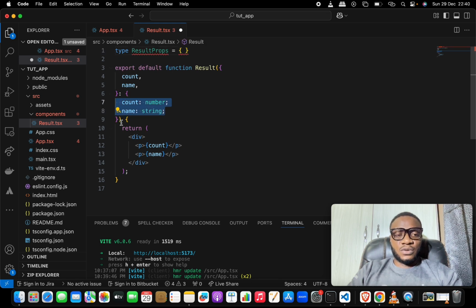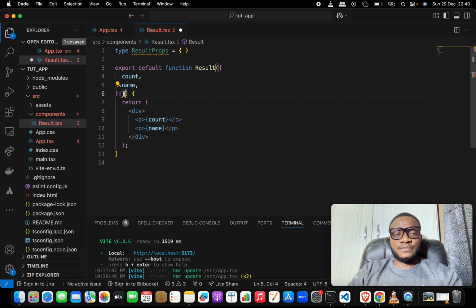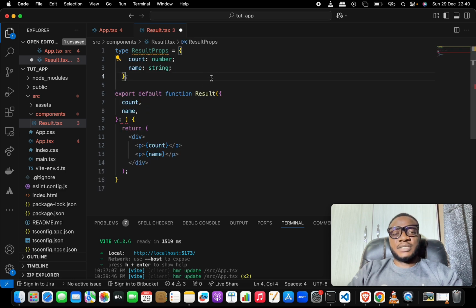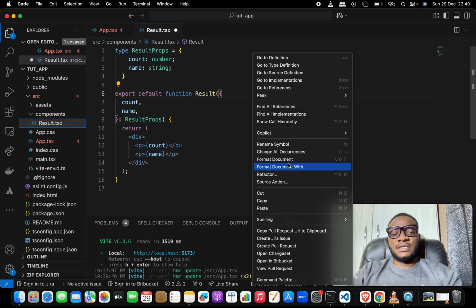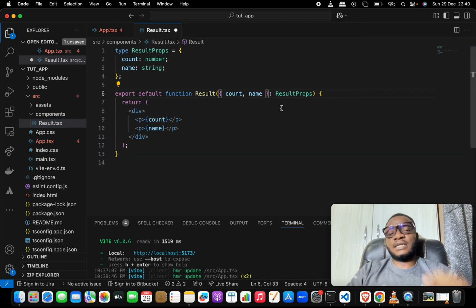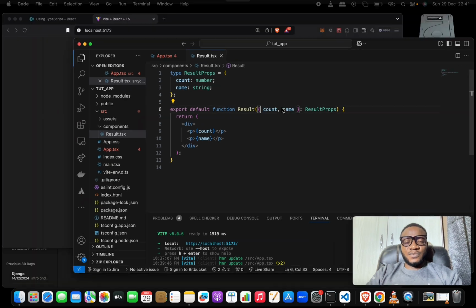All right, so we could just take this off and paste it in here. Now instead of specifying everything out here, we could just put down the results props, and that puts everything inside of one line, making it cleaner than it was the previous time. So I want to bear all this in mind as I work with TypeScript